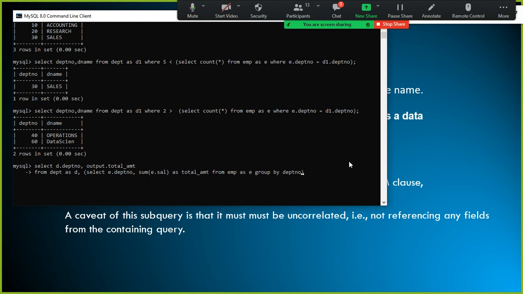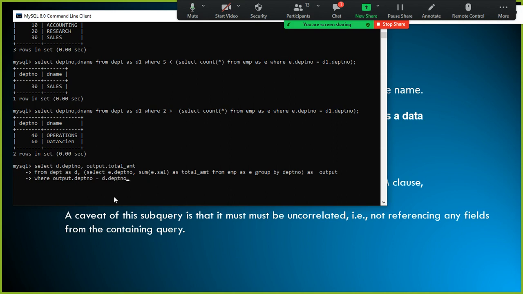Here I am going to name this as output. The entire query's output, I have given the alias output. The next line, obviously I need to say output dot depart number is equivalent to D dot depart number.